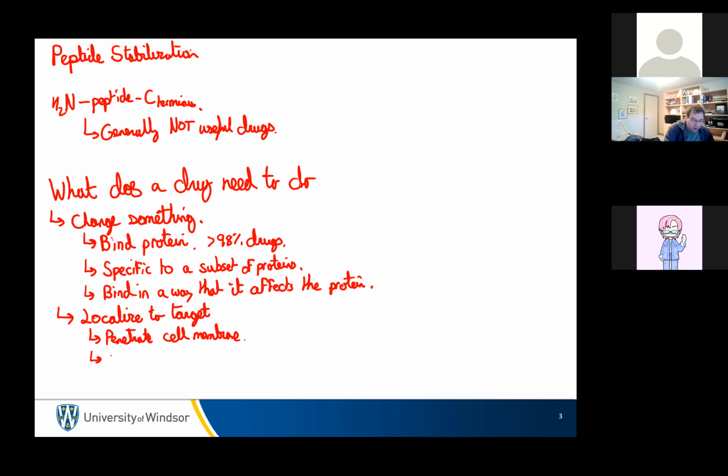It can mean you need to be soluble in blood, lymph, extracellular matrix,